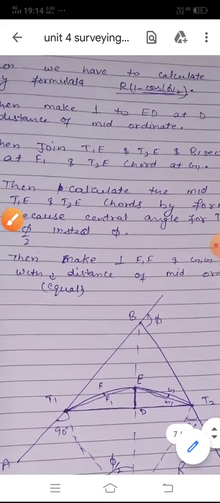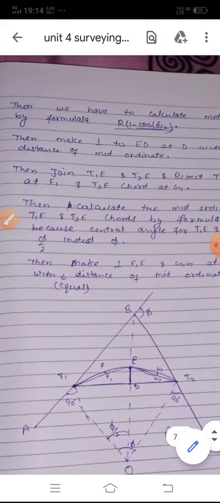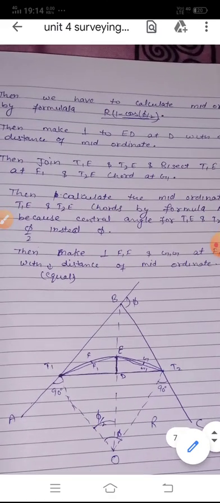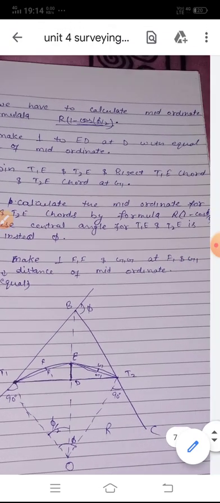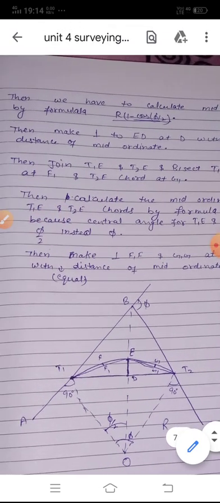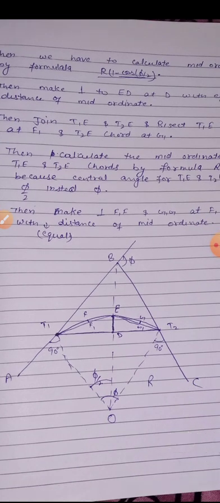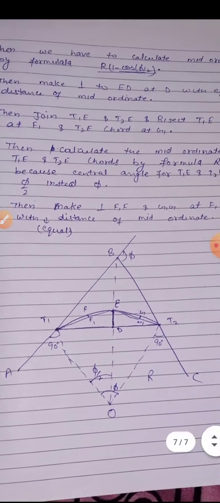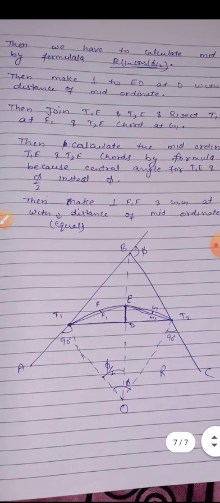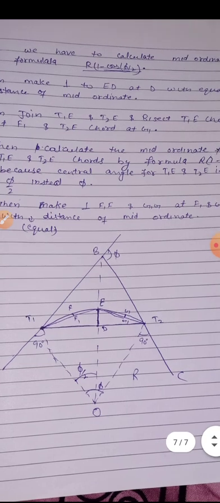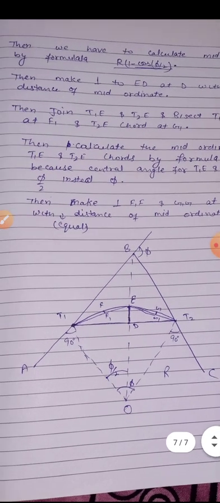Then draw a perpendicular to ED at D with equal distance of the mid ordinate, means we have to make our mid ordinate. Okay, then join T1E and T2E and bisect T1E joined at F1 and